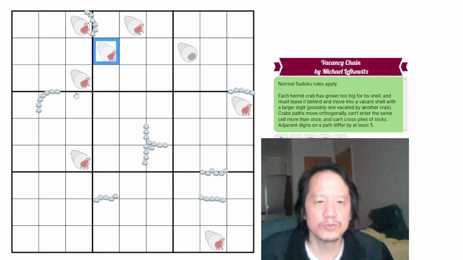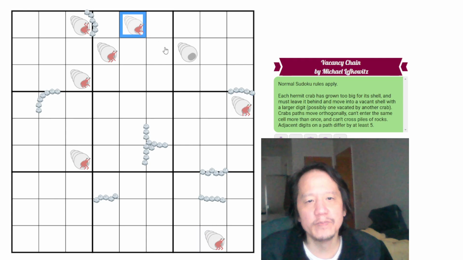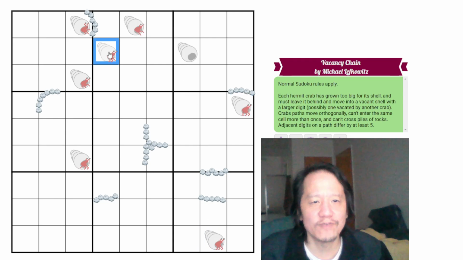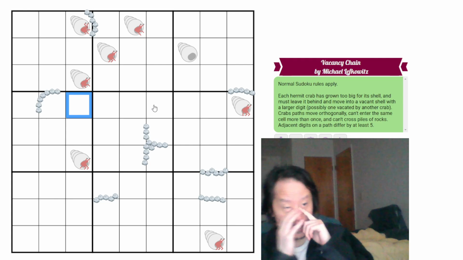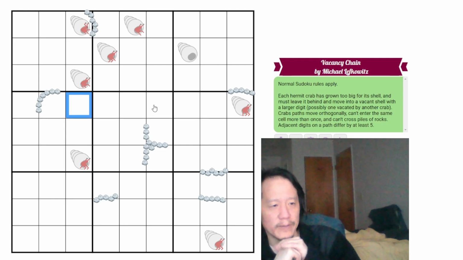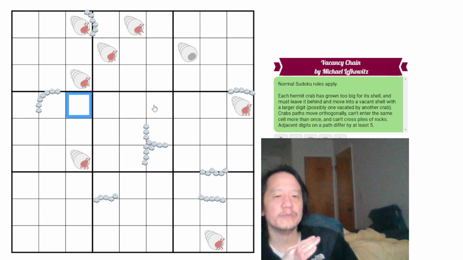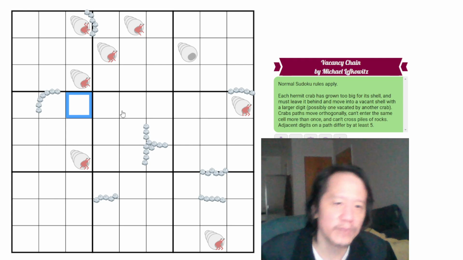There's 1, 2, 3, 4, 5, 6, 7. So one of them gets to go to the new shell, and all the other 6 have to go to the other shells, which is why they don't say anything about paths not crossing, because you have to essentially go